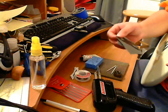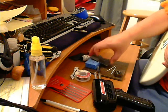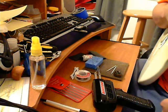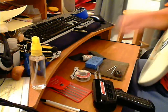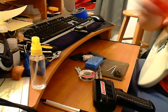400 takes off a little bit too much, but I'm going to try to do it with just 600. If you have 800, as far as polishing the frets all the way up, you can get 1,000 and steel wool, but if you're not doing this stuff that often, you could probably get away with just 600 and then some steel wool and then some metal polish, and I'll show you how to round it over and whatnot. So the first thing I'm going to do is use one of these files to